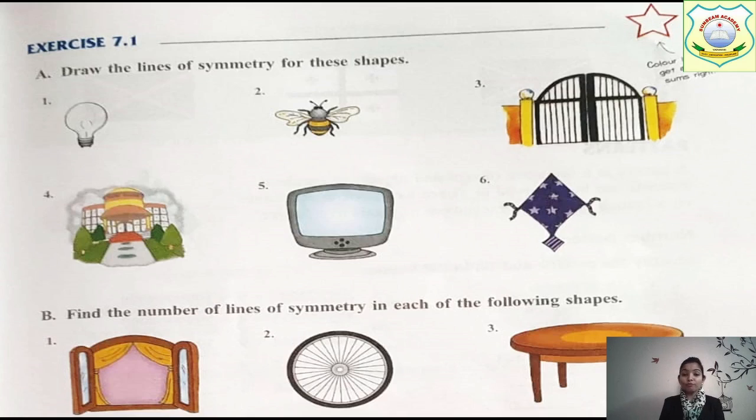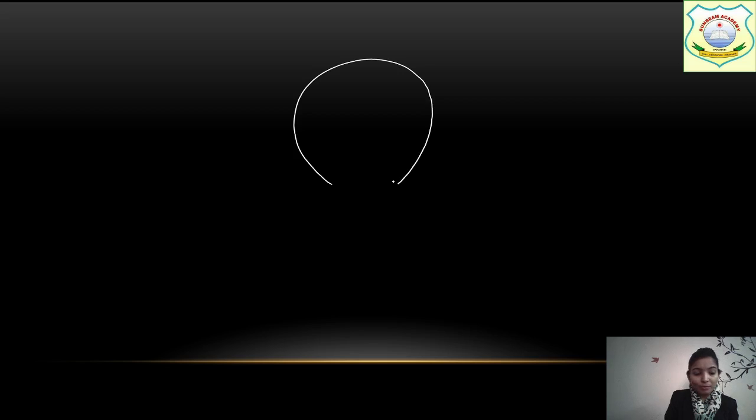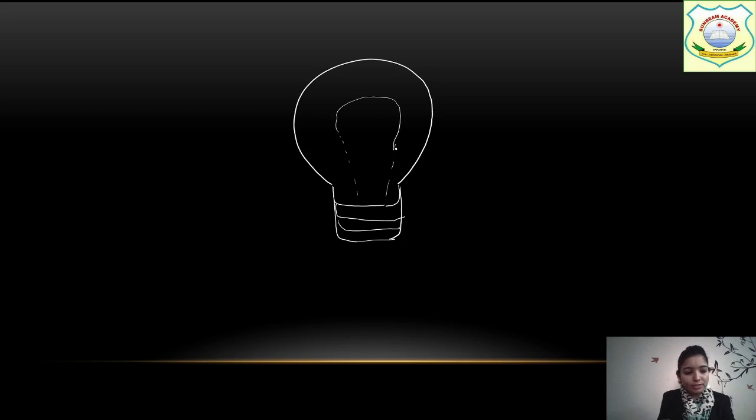Yes, we can do it very nicely. How to do it? I'm just explaining to you. For example, the first diagram is the bulb. Okay, let me show you. The first diagram is your bulb, right? A bulb stays like this, right? So I'm trying to draw it properly. Now you can see here there is a bulb I have drawn roughly. Here there is something dotted like this, and this one like this. Okay, now this is your bulb.